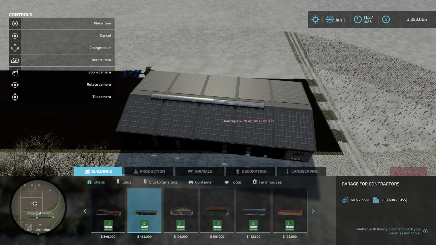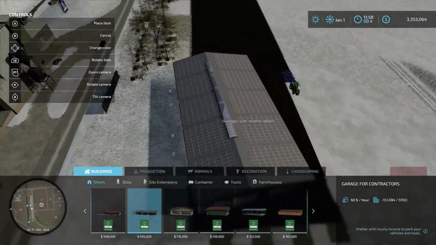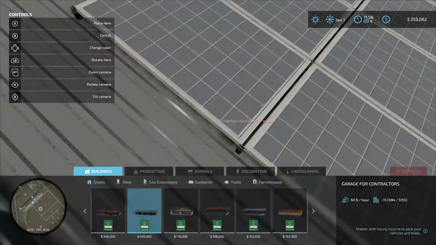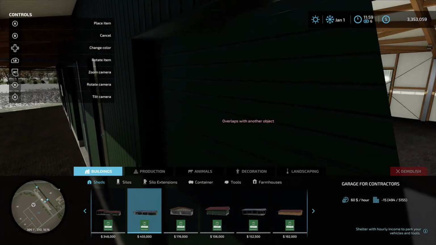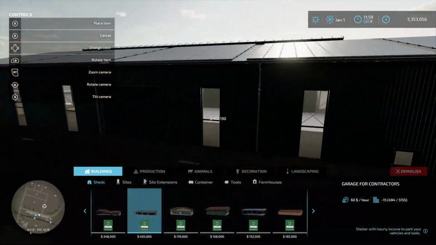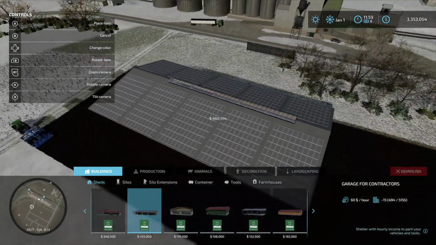So that's the garage for contractors. So we're gonna find us somewhere to get a mechanic area, something like that out there. I'm looking to get that going, so we can earn a little bit. Shelter with hourly income to park your vehicles and tools, you know what I mean? So I think, yeah, this is gonna be,